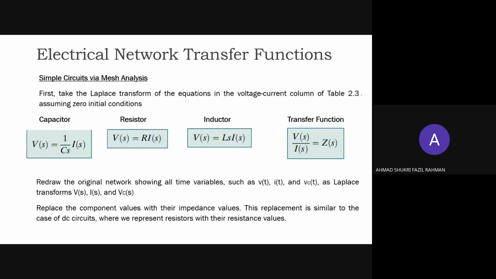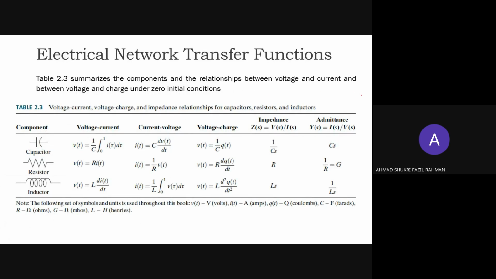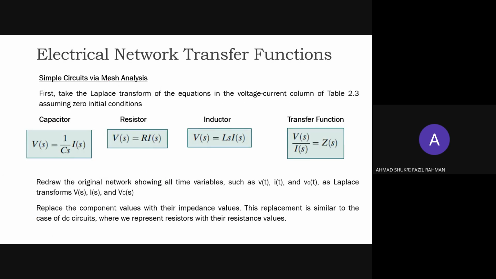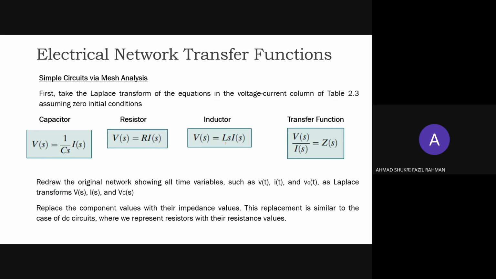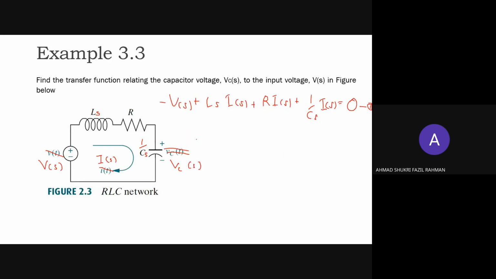Okay, so we can check. So in the form of this, we can check here. Okay, voltage representation of each component. So we have potential voltage from capacitor, voltage from resistor, and then voltage from inductor. So we just copy this value, LS multiplied by, for example, this part, LS, IS. So LS, IS is voltage for inductor. So the rest remain the same. This is for the first equation,